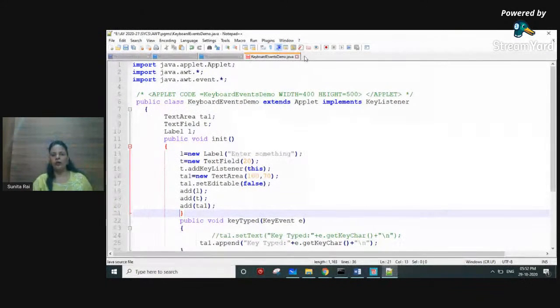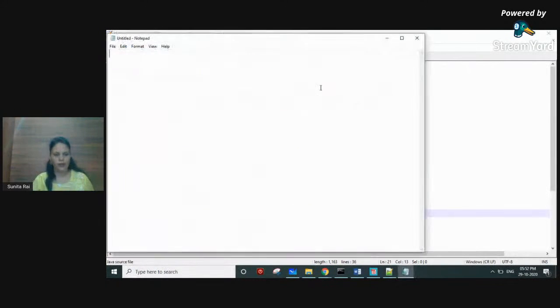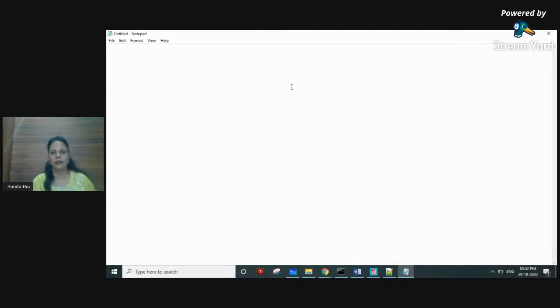So I'm opening Notepad. Let me open Notepad quickly. You can type from here also. Again, import the package java.awt.*. You don't need the java.applet package for this. So java.awt, and no need to write any tag also. Then you can create a class, public class FrameDemo is my class name,